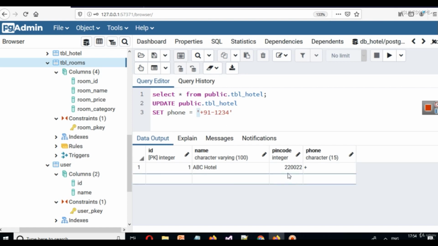Suppose we were changing the pin code. I will also show you how we can change the pin code. Let's change the pin code in this case also. So set phone is equal to this, write a comma, because we want to update a second column also, and then write pin code is equal to, let's say, 220011. Okay, so suppose we want to set the phone to this and set the pin code to this, and the